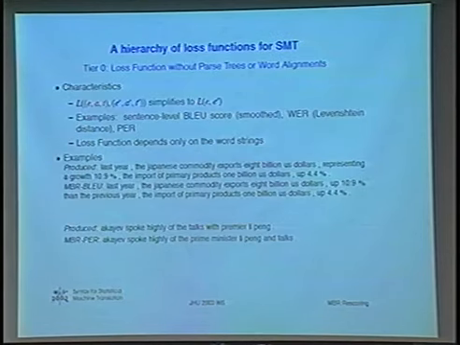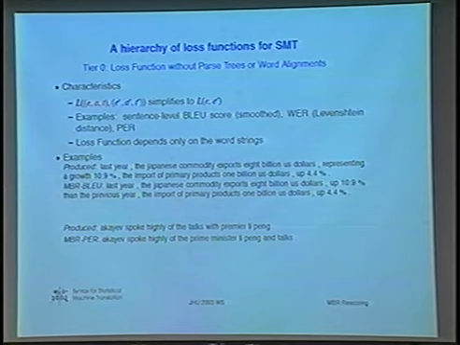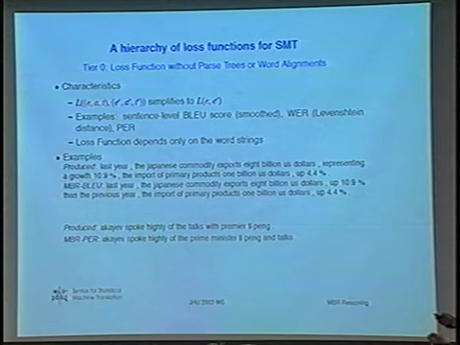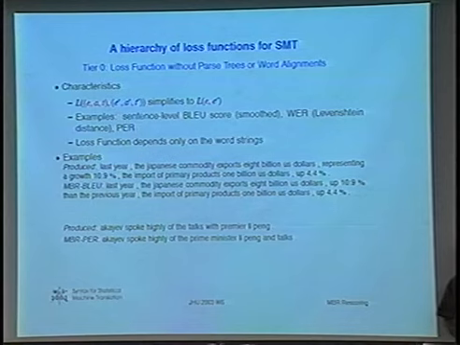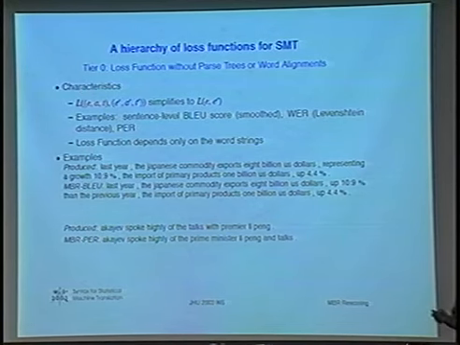So there's a hierarchy of loss functions that we developed. These were formulated earlier, and during the workshops we were lucky enough to find resources to be able to implement them. As we described earlier in the talk, these loss functions grow in complexity in the level of syntax that they incorporate. The first level of loss function is one where we don't look at any parse trees or word alignments and just look at the strings. So the loss between the reference and the hypothesis simplifies to a loss between the word strings.